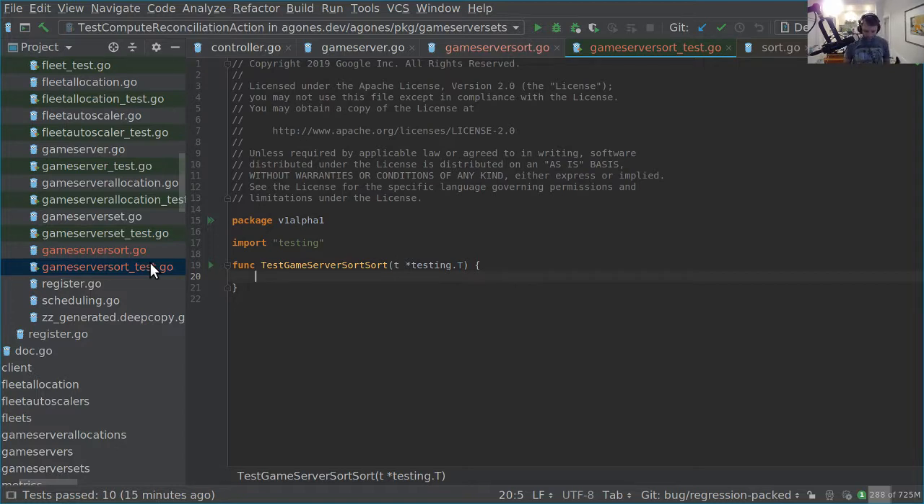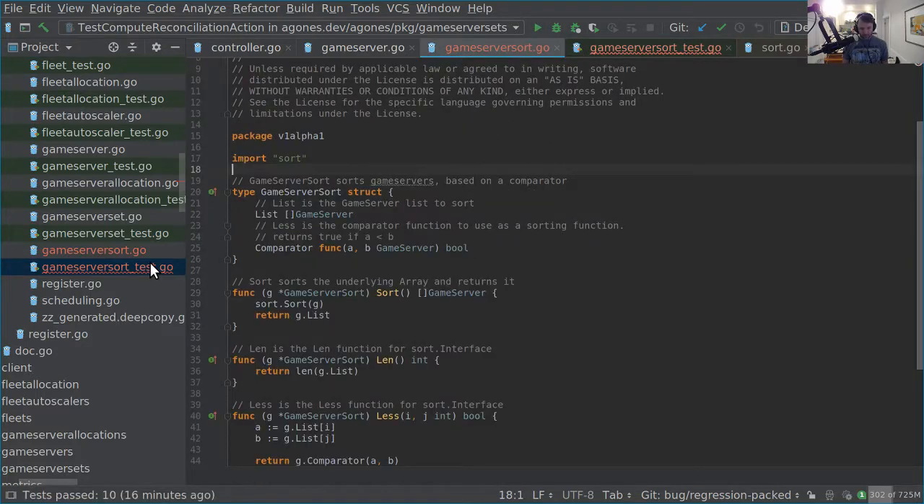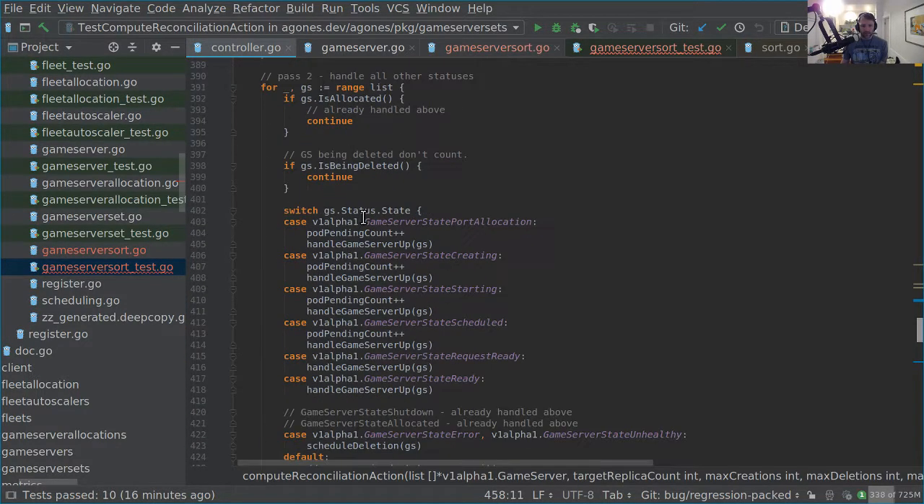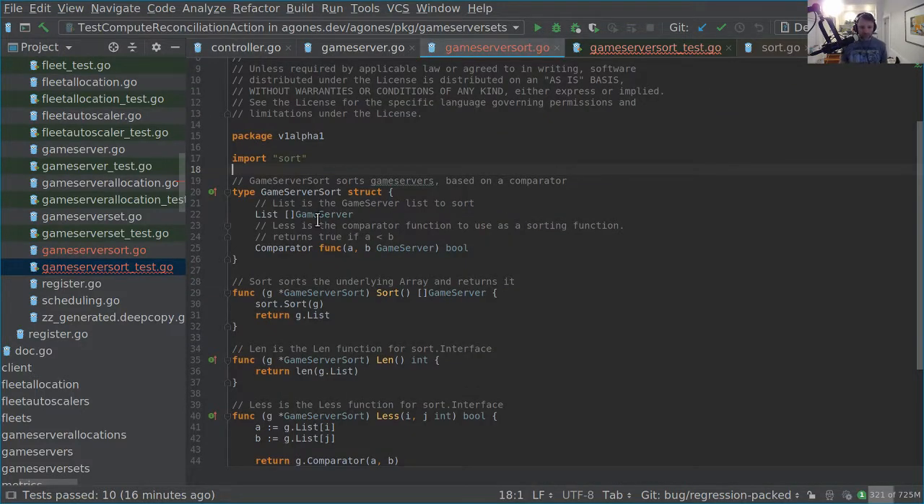So I need some game servers. Array of game servers. Now here's an interesting question. When I go into here, controllers, is this an array of game servers or an array of pointers to game servers? This is an array of pointers to game servers. Oh, so annoying. Okay, which is fine, but let's make sure we have that right. So list is an array of pointers to game servers, and what's annoying is that sometimes we have a list of pointers to game servers, and sometimes we have not a list of pointers to game servers, and it's very irritating